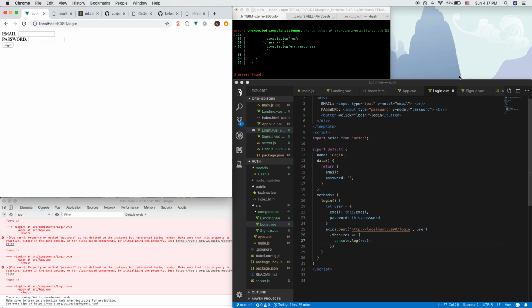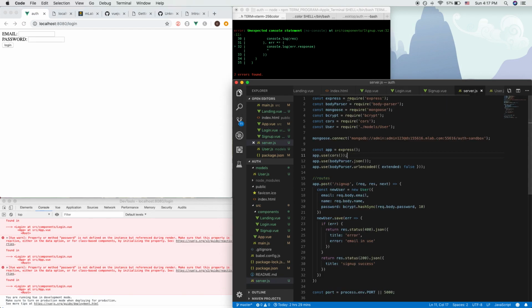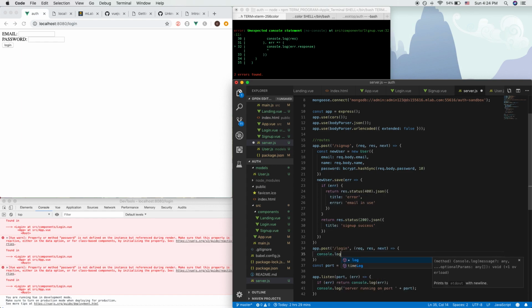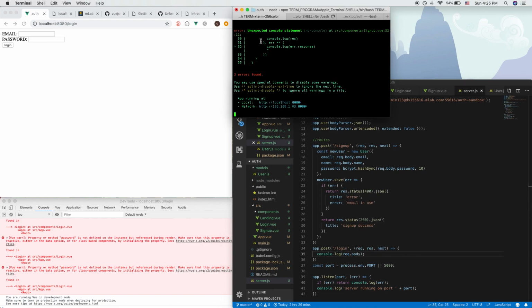So now let's go to the backend and get this ready. In the server.js file, we will now include another app.post route that directs to login. Let's go ahead and do that. Login, req, res, next. If we console log req.body, we will be able to see what actually gets sent back to the backend. So if we do that,